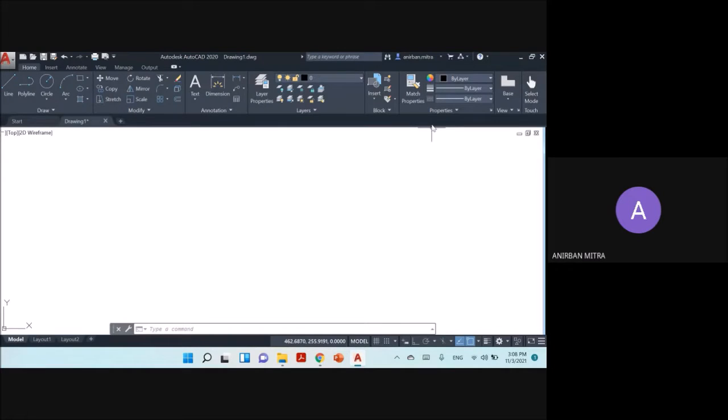Okay, so what is a layer? Now, layer is basically a transparent sheet that is provided in AutoCAD as an organizational tool. So this is basically something that helps you organize your drawings. You can make different layers in AutoCAD and you can associate different properties to these layers. Properties being the line type, whether continuous, dashed, or center, or any other type of line, could be line color, line thickness, or line width, and so on.